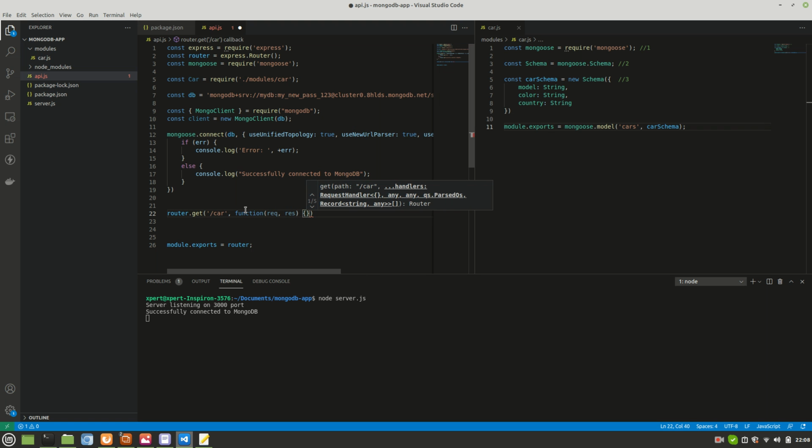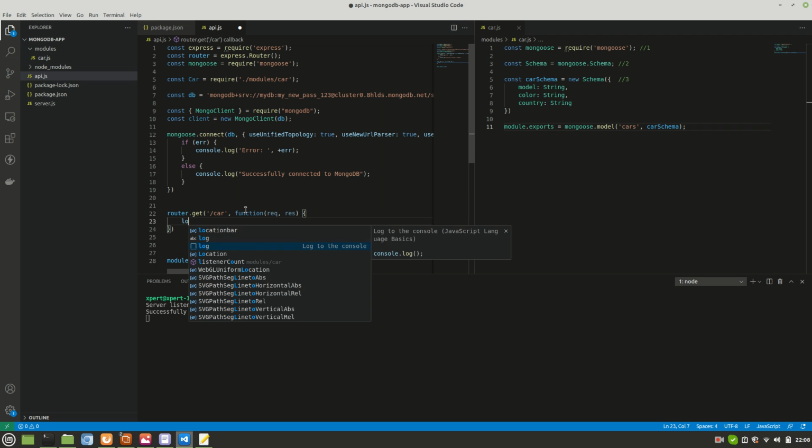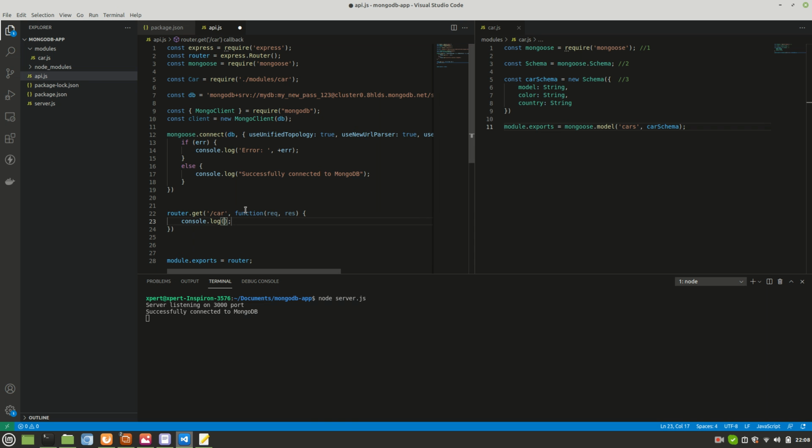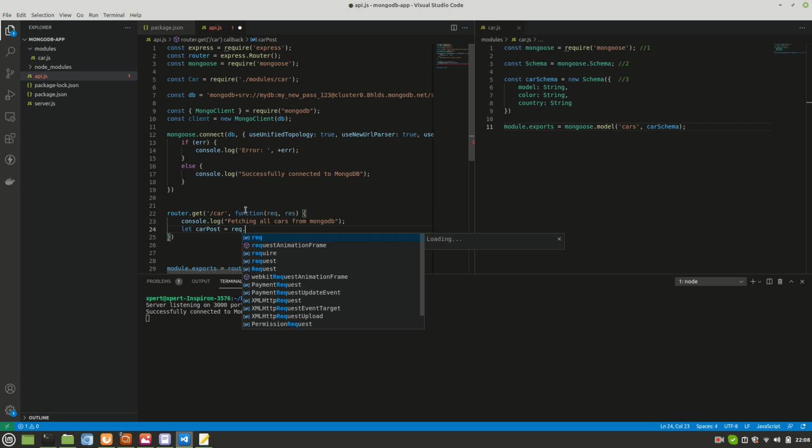Let me log something. We'll say fetching all cars from MongoDB. Let carPost is equal to req.body.